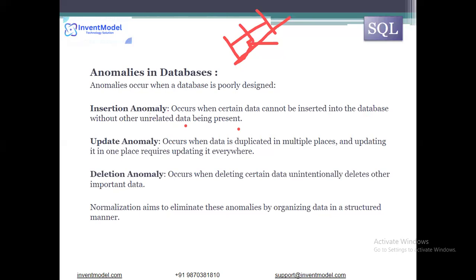So if other duplicate data is already present, we can't insert the data in the same place. And update anomaly occurs when data is duplicated in multiple places and updating it in one place requires